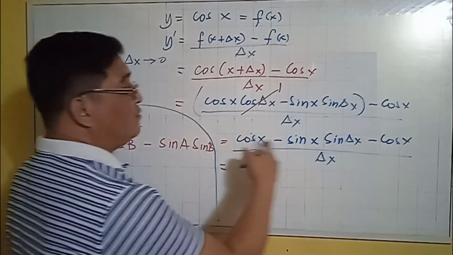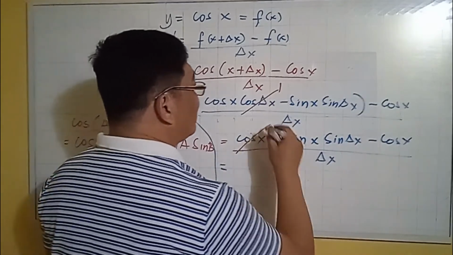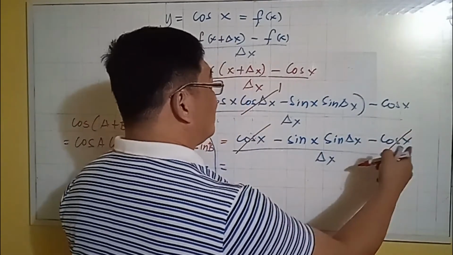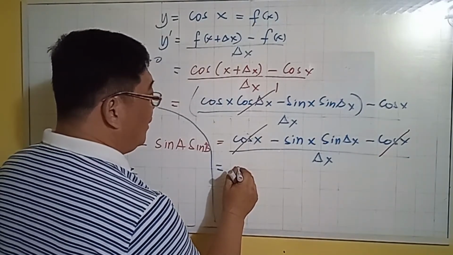So cosine x minus cosine x, subtract, they cancel. So matitira is negative